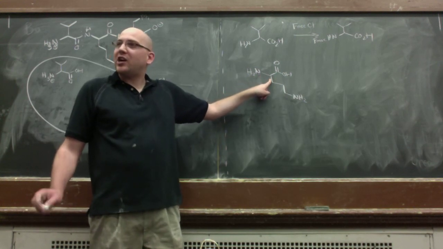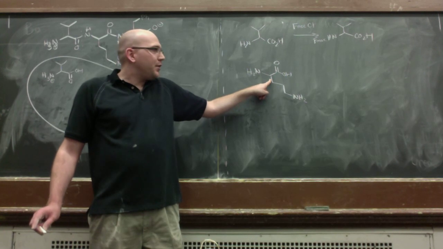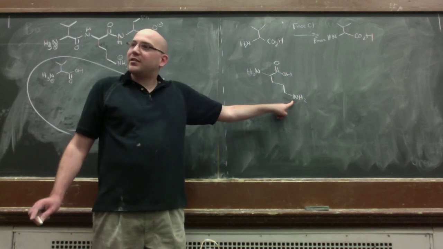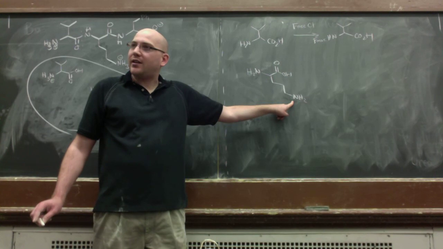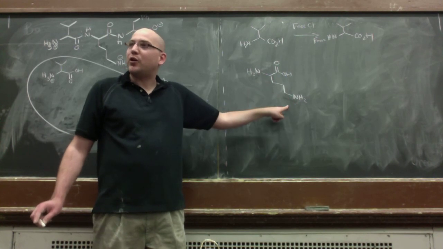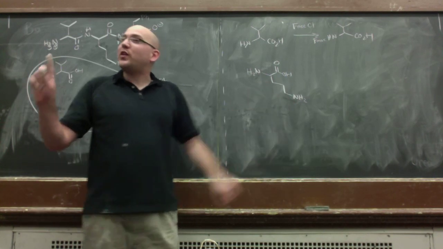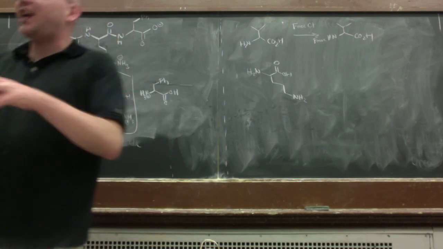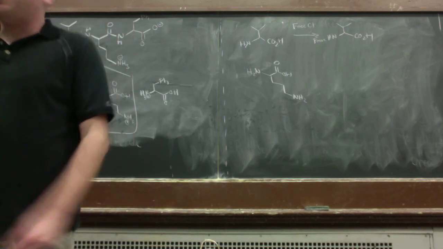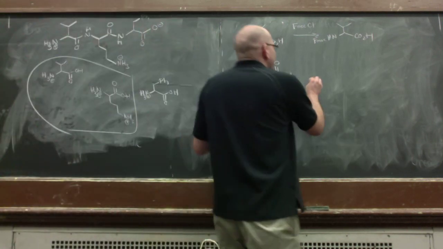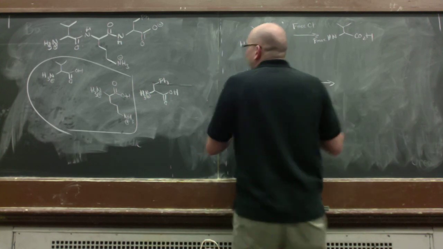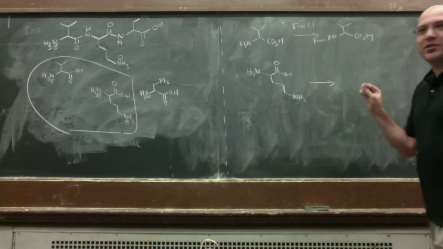So you could make the argument that you could envision this being more accessible to react than this one based upon a steric argument. And I would agree with you. And I would say that you can actually take it to the next extent, right? Because you're saying I want a bulky group, right? So if we say that we want to do the FMOC,